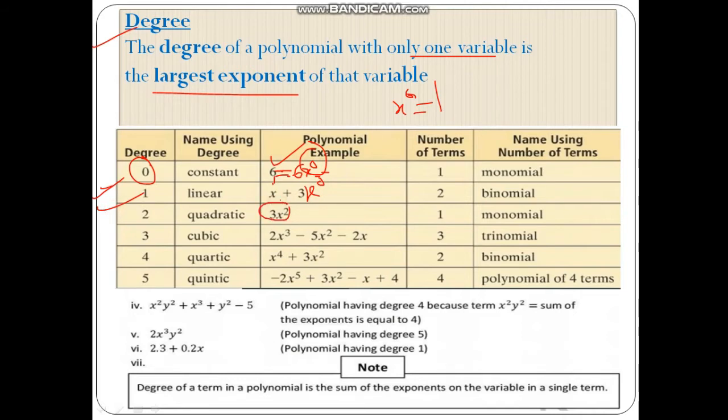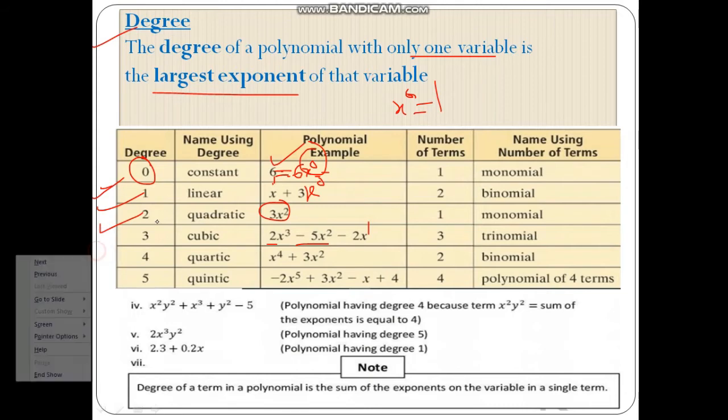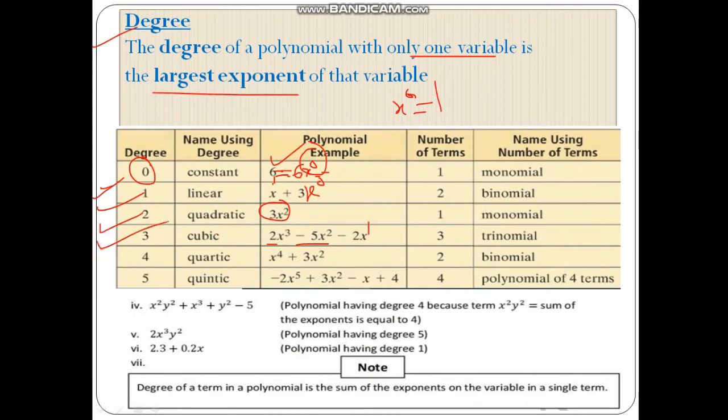It is the quadratic equation, and here just one variable with power 2. So the degree of the polynomial will be 2. And the cubic equation, here its power is 1, 2, and in this term the variable has power cube. So the degree of the polynomial will be 3, and this is called cubic equation. Here the degree of the polynomial, this is the largest one, will be 4.